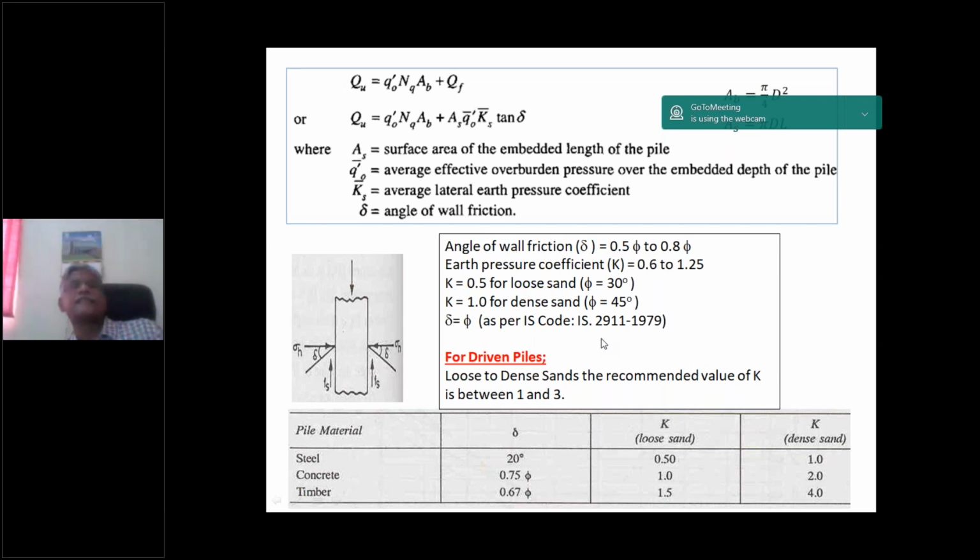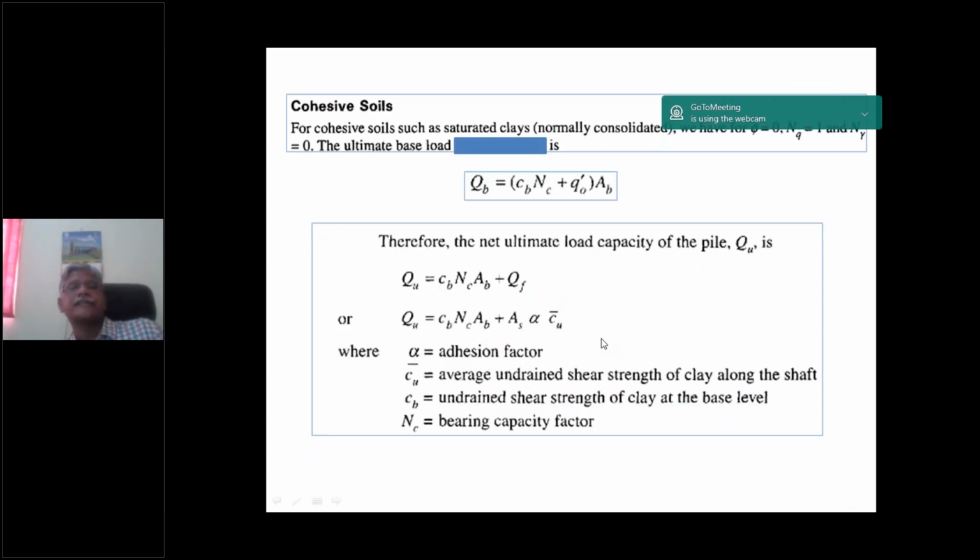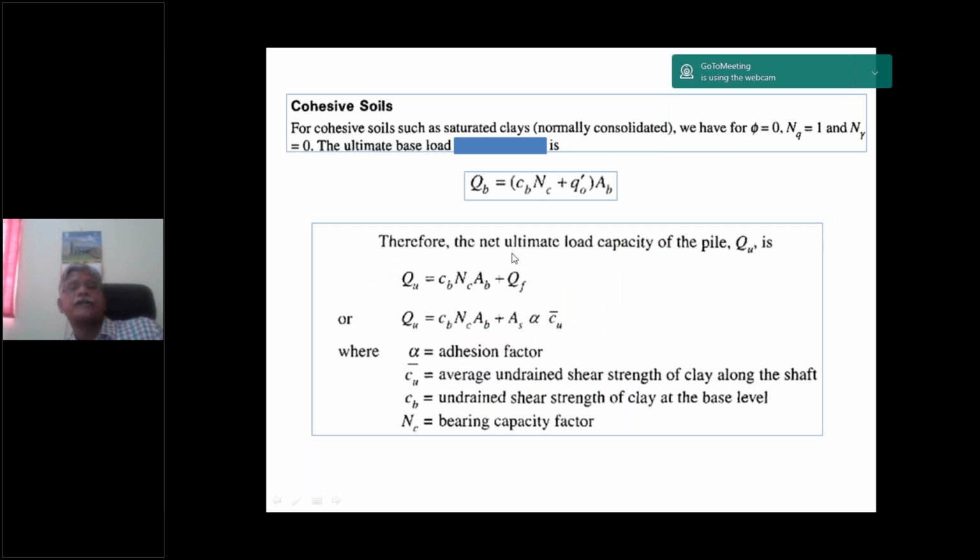The end bearing in case of cohesive soil can be written as Cb Nc plus q0 dash Ab. q0 dash is nothing but the effective overburden stress at the depth of the pile tip level. Therefore, the net ultimate load capacity of the pile can be calculated as Cb Nc Ab plus Qf. So Qe equals Cb Nc Ab. So this formula can be used, and where this alpha is the